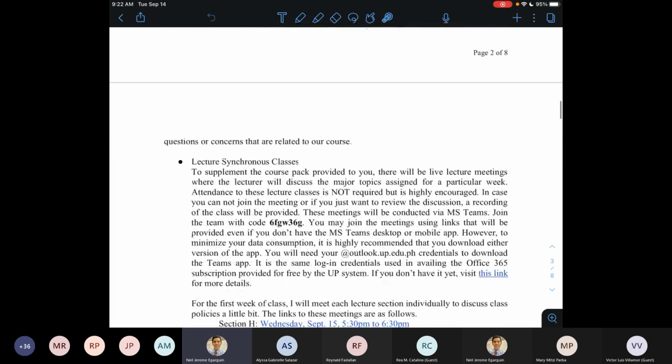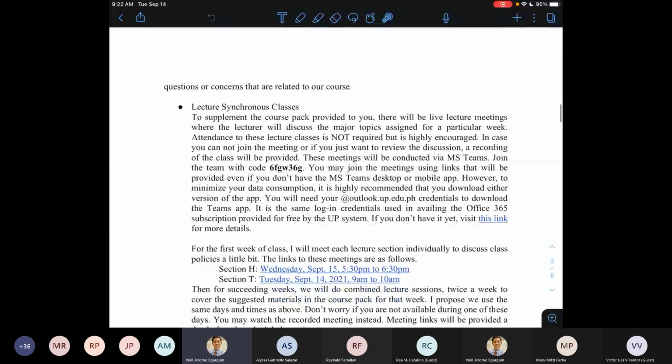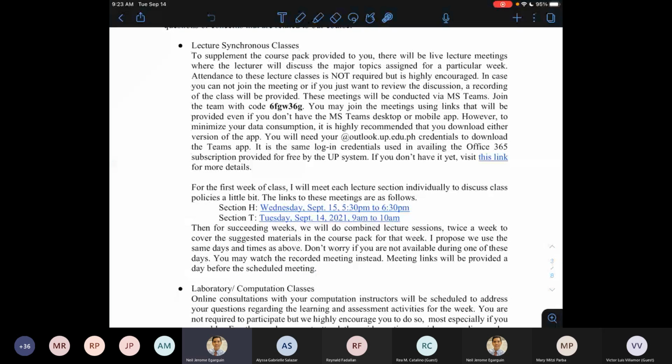Punta natin yung Canvas later, just a quick view, even if you guys already went through this in your labs. Mabilisan lang siguro. Okay, so for the lecture synchronous classes, please, if you can, get your UP Office 365 account. So advantages din siya. The UP system has a bulk subscription to Microsoft Office. So wala na kayong excuse to use pirated software or Office software. So all you need to do is to request Office 365 account using your UP email. You can visit it through this link. Okay? So bibigyan nila kayo ng at UP